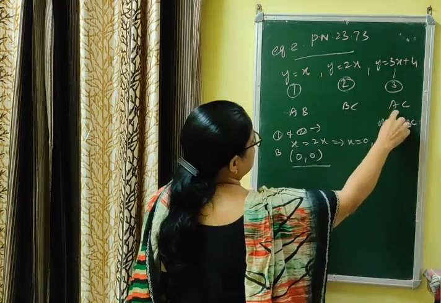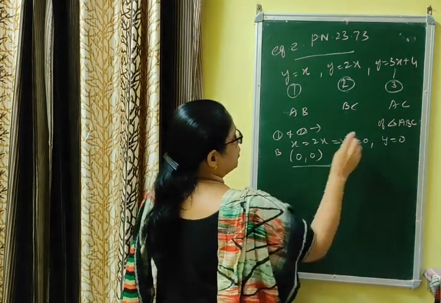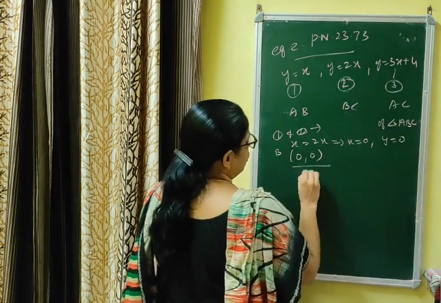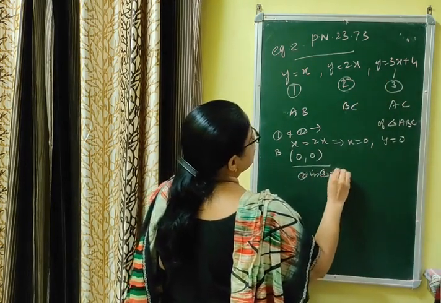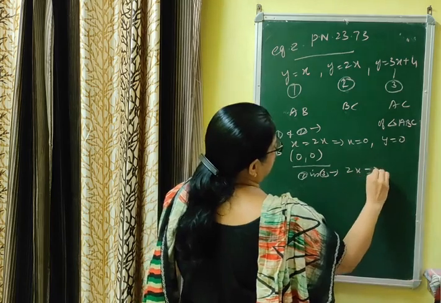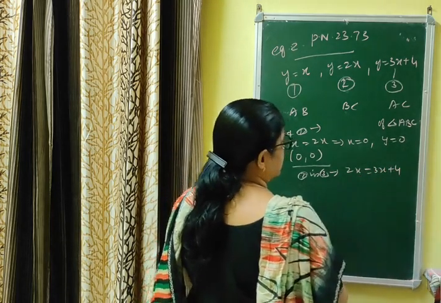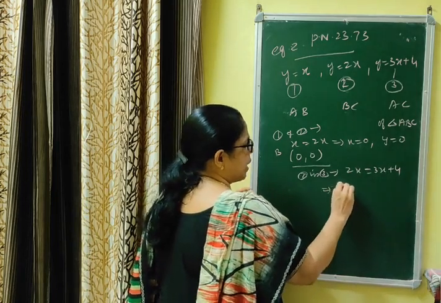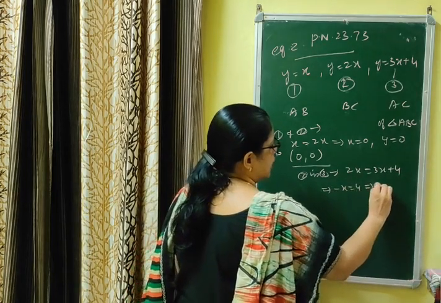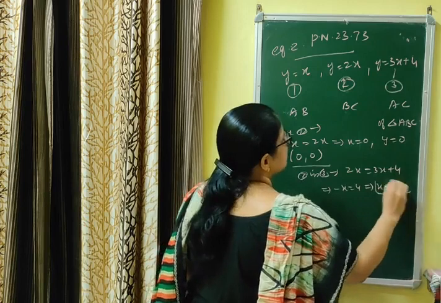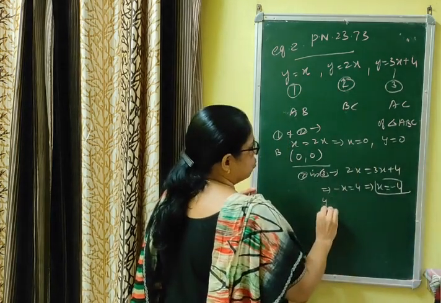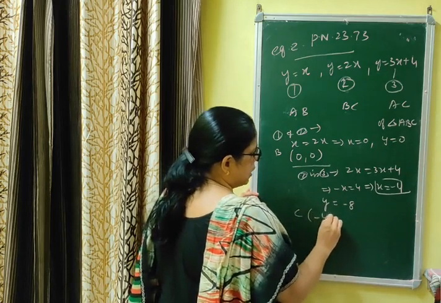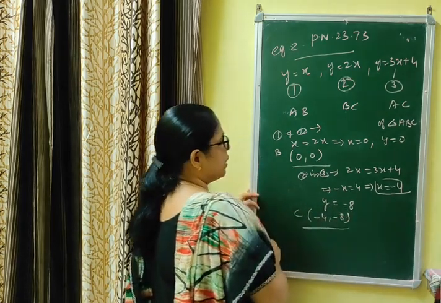Now BC को solve करेंगे हमको C में रहेगा, that is y equal to 2x. You can replace 2 in 3, which gives 2x equal to 3x plus 4. This is not given addition, I am showing each and every step. 2x equal to 3x plus 4 implies minus x equal to 4 implies x equal to minus 4. x equal to minus 4 means equation 2 gives y equal to minus 8. That is, the coordinate of C is minus 4 comma minus 8. B मिल गया और C मिल गया.